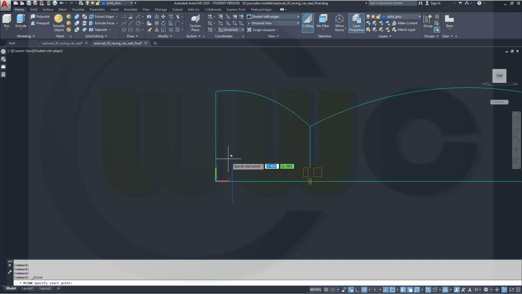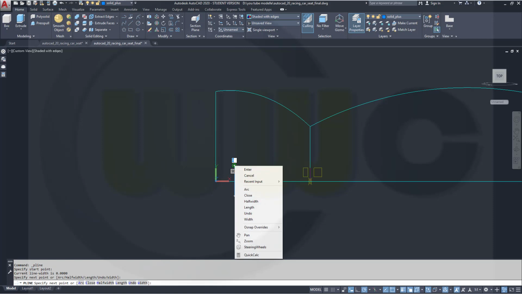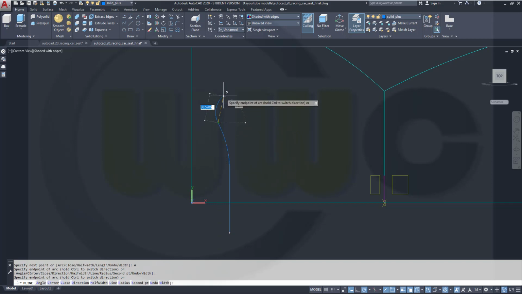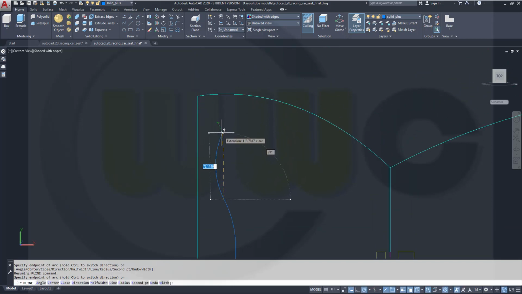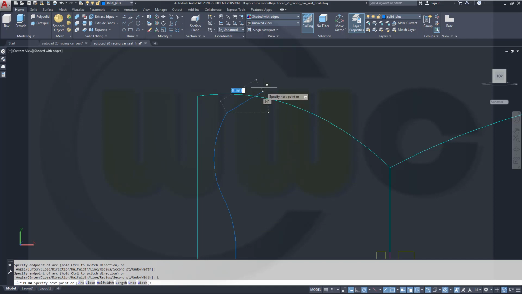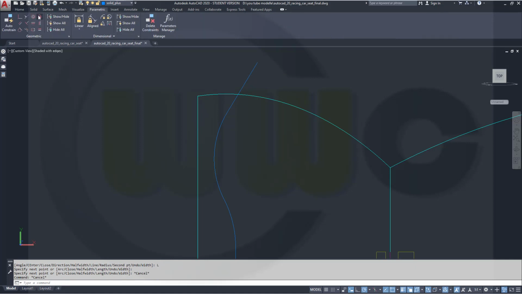So let's go for our polyline once more. Let's delete this one, go for our polyline, start here, go there, then go for an arc in this direction, maybe like that, another arc in the other direction, maybe like this, and then I might go with a line just, this should be tangent, so make it like this, then go for parametric and fix it, fix that